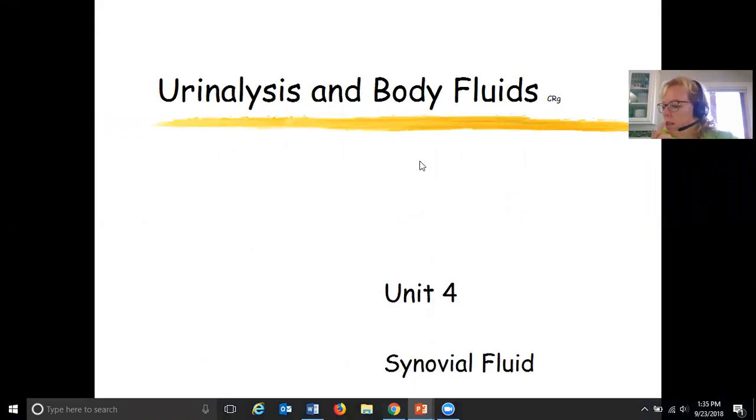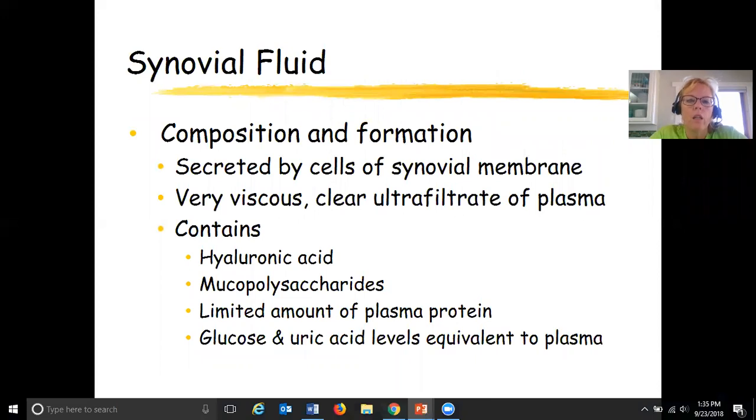Okay, this is chapter 14 in your book. It starts on page 211, so please be sure to read the chapter. So, synovial fluid is secreted by the cells of the synovial membrane, and it's also an ultrafiltrate of plasma. If you remember, serous fluid is also an ultrafiltrate of plasma. Spinal fluid is not. Spinal fluid is made in the spinal column by the ependymal, or in the choroid plexus